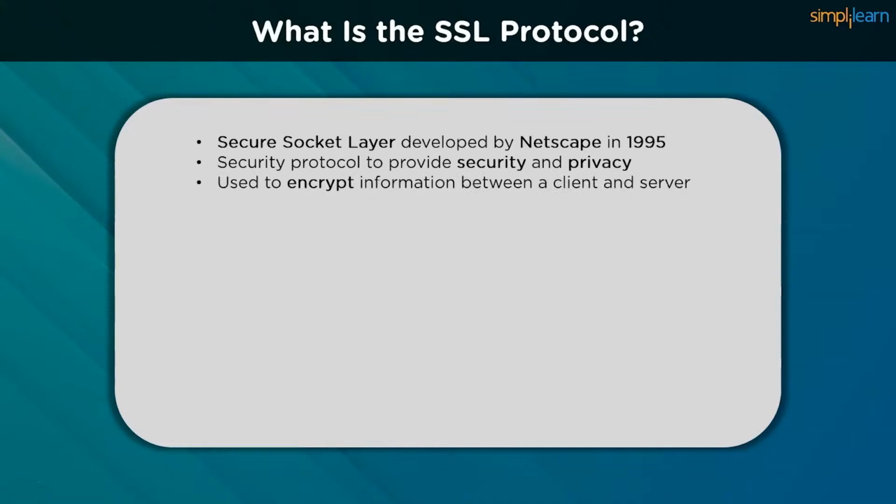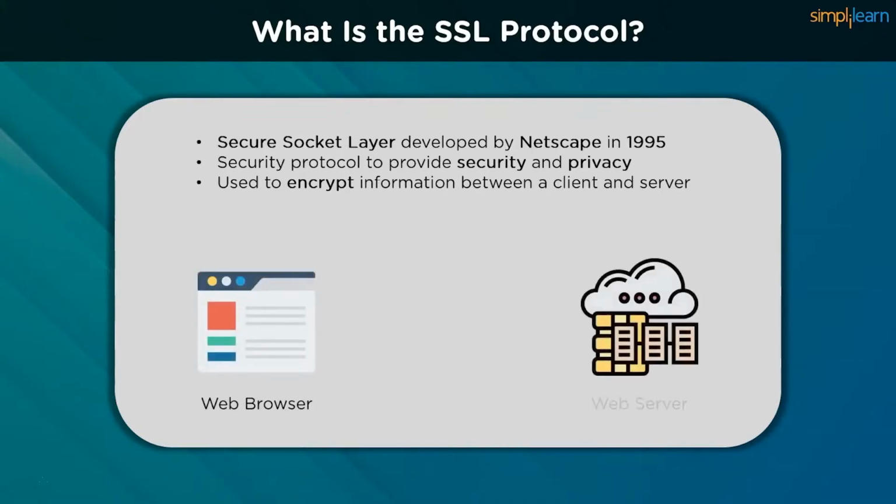SSL is the predecessor to the modern TLS encryption used today. It acts as a cryptographic layer protocol that provides privacy and security to communication between a client and a web server. A website that implements SSL authentication has HTTPS in its URL instead of HTTP. In order to provide a high degree of privacy, SSL encrypts data that is transmitted across the web. This means that anyone who tries to intercept this data will only see a garbled mix of characters that is